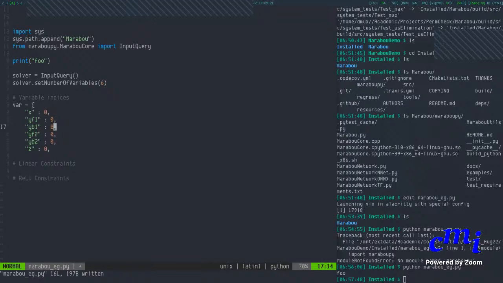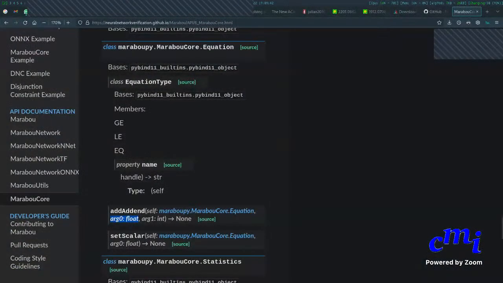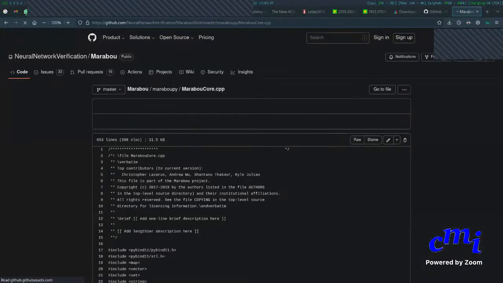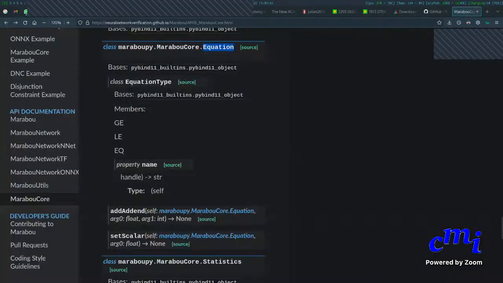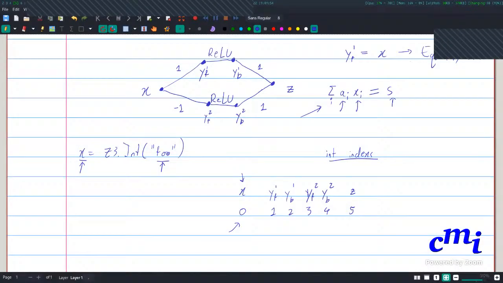Okay. So now we can say 1, 2, 3, 4, 5. And then we can have a dict like this that is taking variable names to indices. But the main point is that you have to keep track of something like this, right? Marabou doesn't do it for you. So now let's go into adding linear constraints. The way you add linear constraints is that you'll create an instance of this equation class. Then each A1, X1 pair over here, you have to add it as an addend,